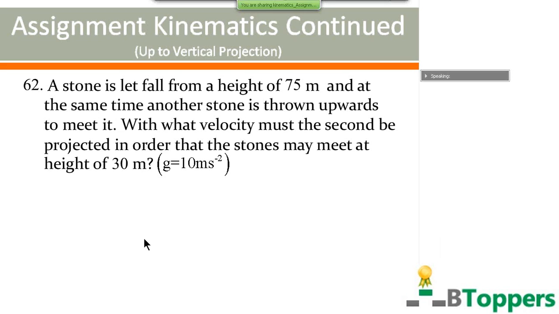See the question number 62. This question number 62 is similar to the question number 60, which I have already discussed earlier. Only difference is that in question number 60, you are given h as 160 meters. Here you are given 75 meters. So you have to follow the same procedure. This problem you can try to do yourself, because it is the same procedure as question number 60. Only numericals are different. So for your practice, one more question is given of the same model.